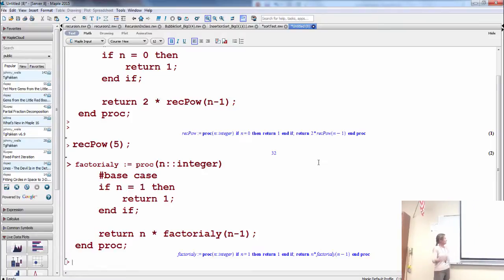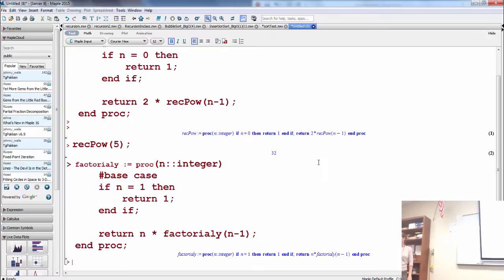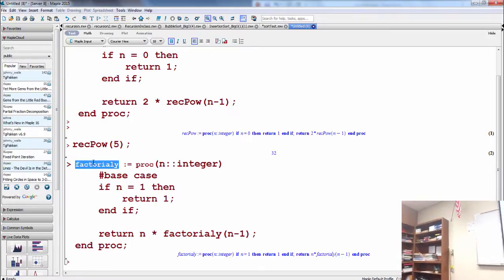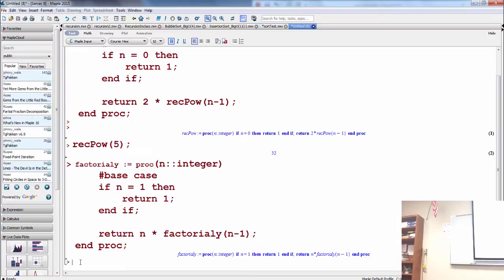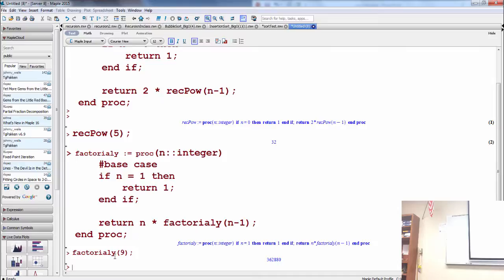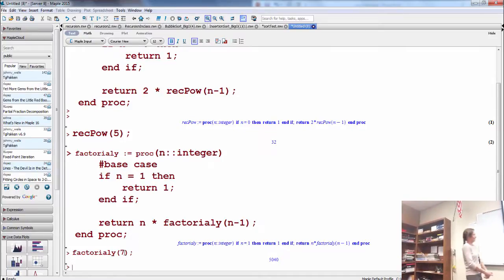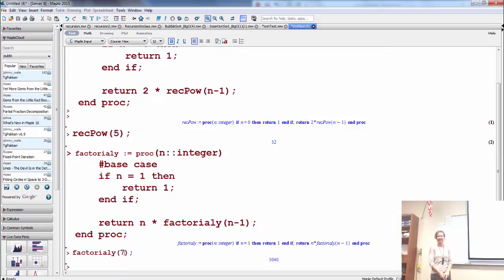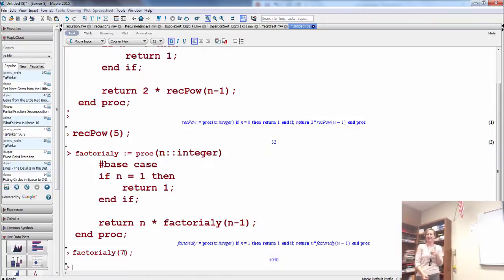All right. So you guys should know how to do factorial in your head. It's not that hard, right? But you could test it. Maybe up to 7 is pretty easy to memorize. So we get 5040, and that does look like 7 factorial. Cool, factorial. Not bad. Factorially, I should say. Not bad.